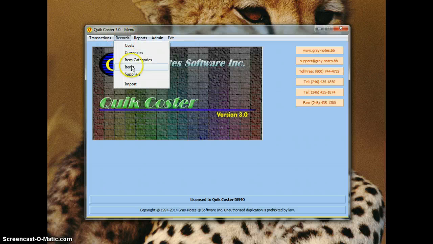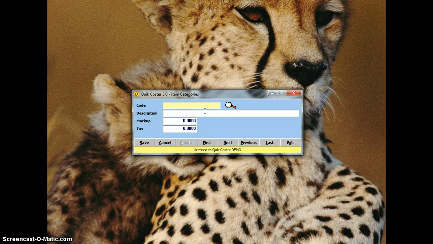Next, we want some items. To set the items up, you first have to add item categories. I'm going to make this really quick. We're going to be purchasing fruit, so let's create fruit as a category. Description is fruit. The markup, let's say we put on a 30% markup on our fruit, and the tax 17.5 for VAT. Well, actually, if it's fruit, if there was a VAT, let's assume there was a VAT charge on it, and we save this. Okay, cool. Now we exit,